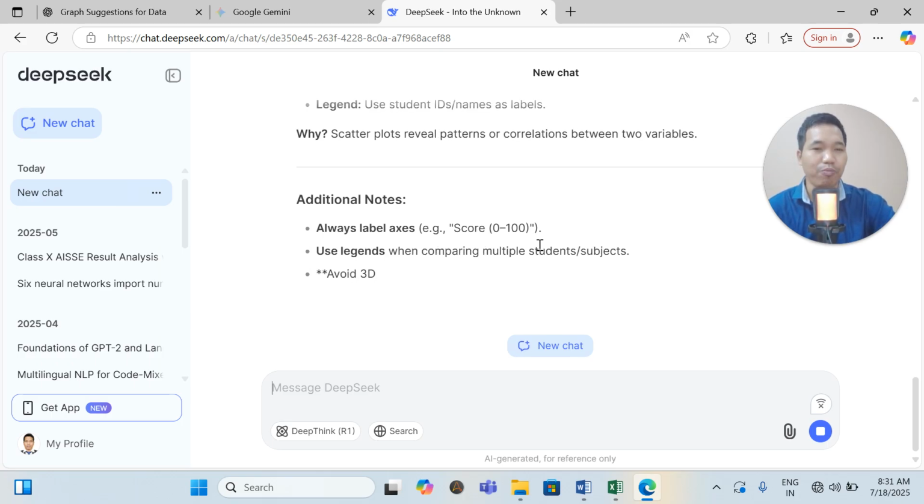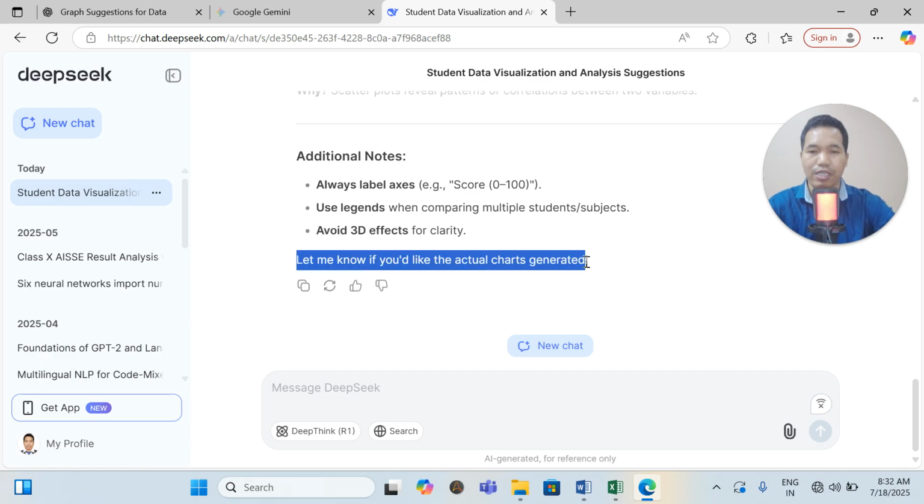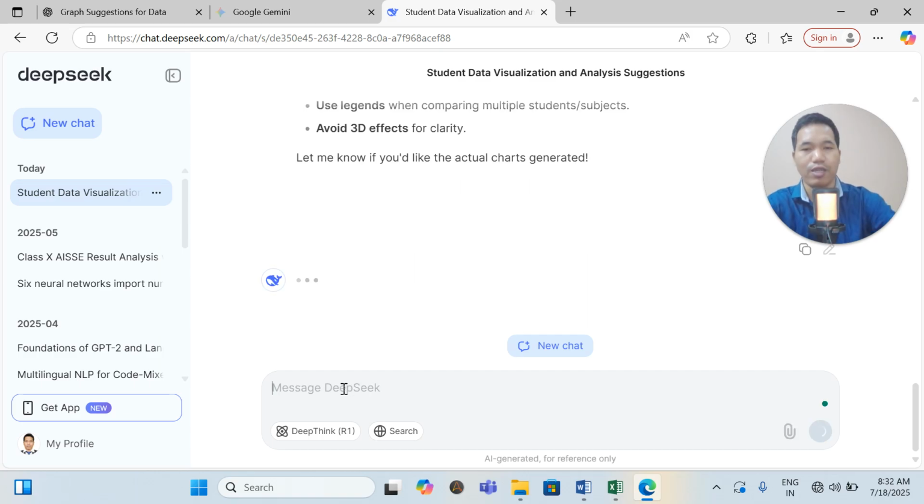Okay, to be skillful in prompts you have to go for many courses online. You can go through the courses online, and you can try this. Yes, see here. Let me know if you'd like me to actually generate a chart. Yes, yes. Obviously, I want that. I want to see that, right?